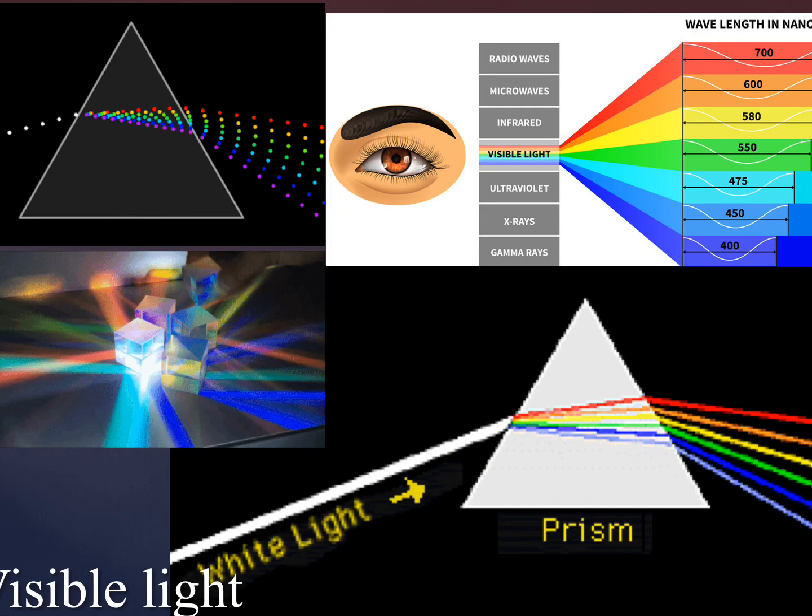And also we have the visible spectrum. The visible spectrum is the range of colors, the 7 colors that you are seeing, or the 7 colors of the rainbow. For example, red, orange, yellow, green, blue, indigo, and violet. So remember, the visible spectrum contains all the colors of light, all 7 colors.